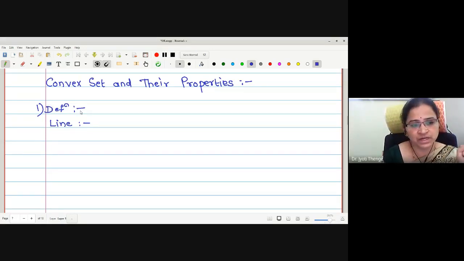Therefore, if I am interested in finding a unique line, what should be one more condition imposed on this? Direction. Yes, it is direction, and the direction may be given in any way. The direction may be given by a vector to which the line is parallel, or if a slope is given, or if the inclination of the line is given, or if a second point on the line is given.